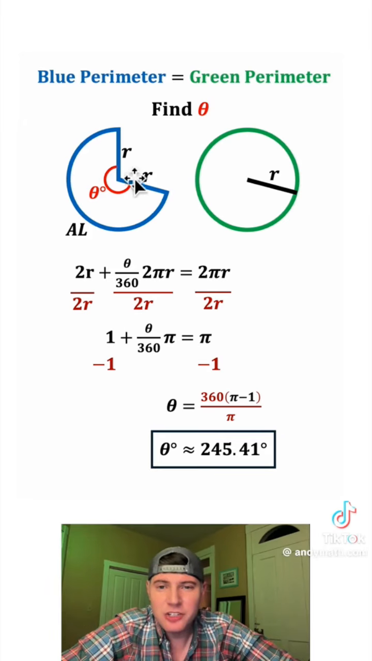If the sector of a circle has a central angle of approximately 245.41 degrees, the perimeter of